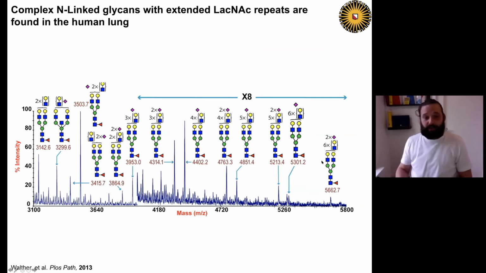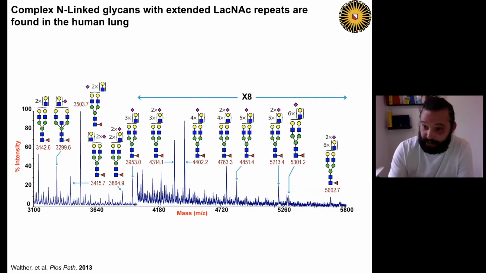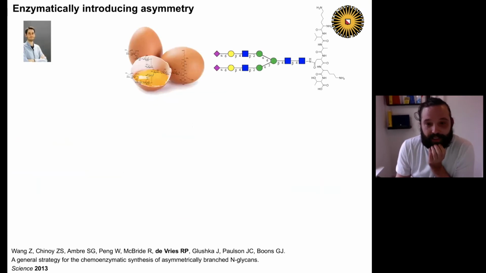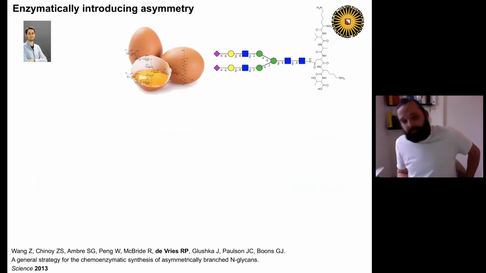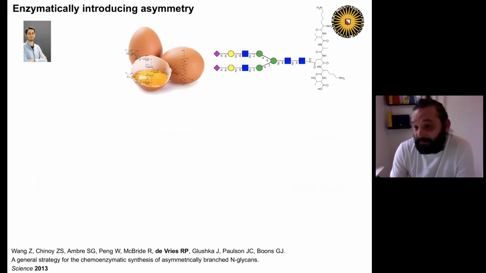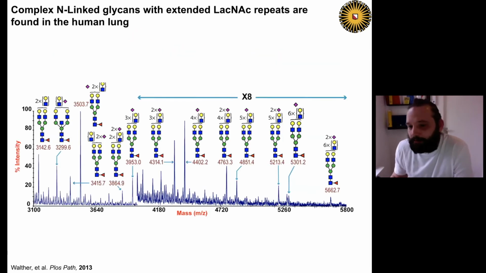And that was of interest to us because we wanted to make these structures, because they're present in the human respiratory tract. And in the last couple of years, a PhD student in my lab started to make, instead of these symmetrical glycans, because here with mass spec we know the mass of the N-glycan but we don't know the features. We don't know if all these 6 LacNAc structures are on one arm or are evenly distributed in both arms. So we wanted to make asymmetrical glycans, because making symmetrical glycans is pretty straightforward.